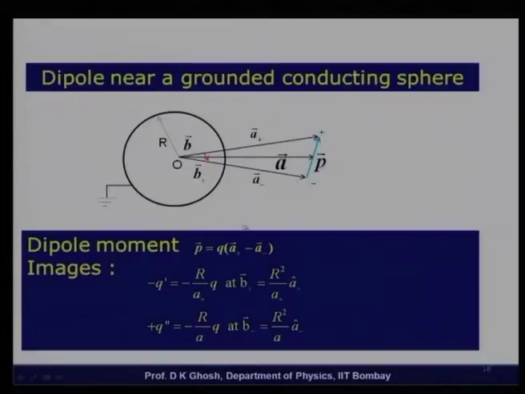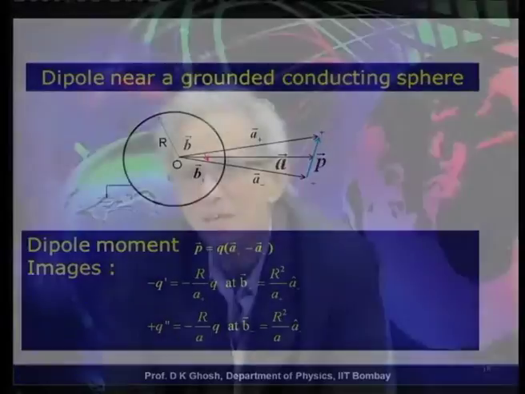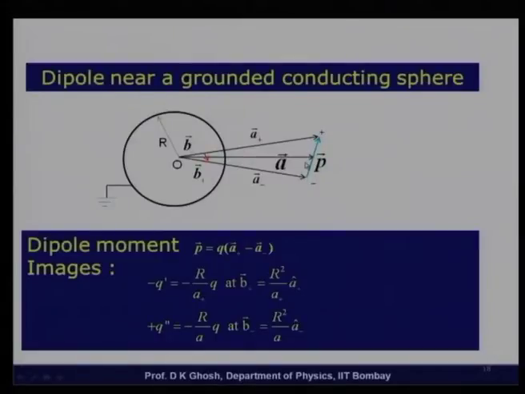Now, notice this picture. The plus q will have an image charge minus q there, and the minus q will have a charge plus, sorry, not q, it should be q prime there, and it will be another charge there. But as we have seen, the magnitude of the image charges depends upon the distance of the object from the center, and my distances are not exactly the same if I take this to be a finite dipole.